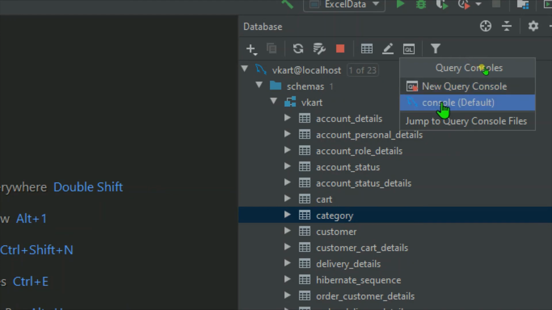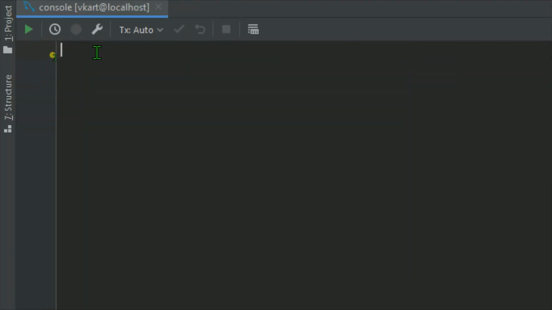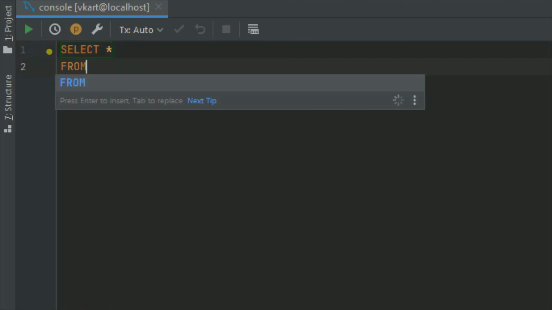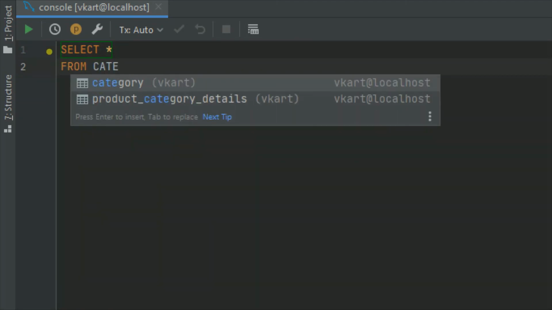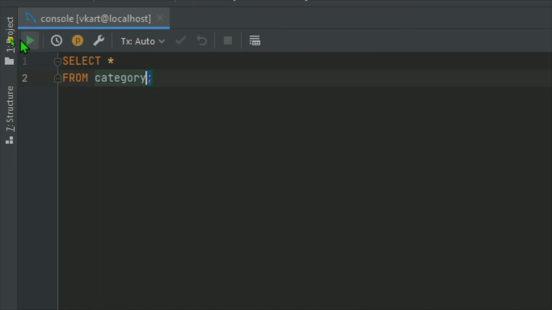Let me click on Default, and then over here we can type our queries. Let me type select star from category, which is my table name, and let me give a semicolon.